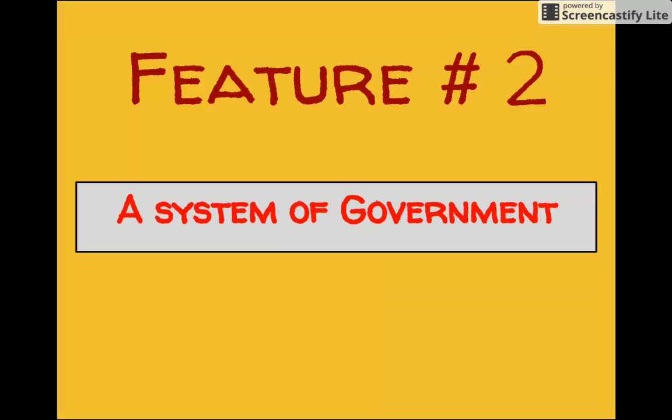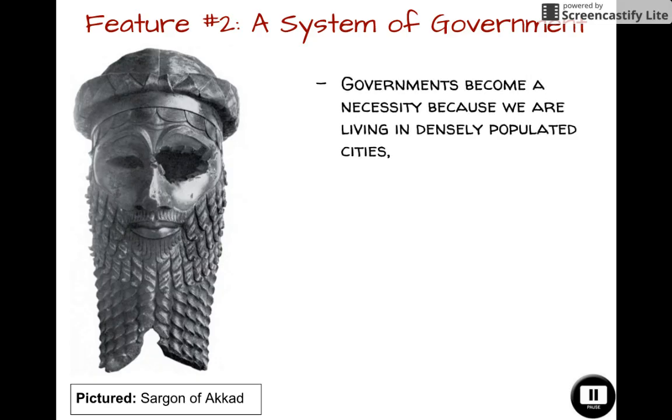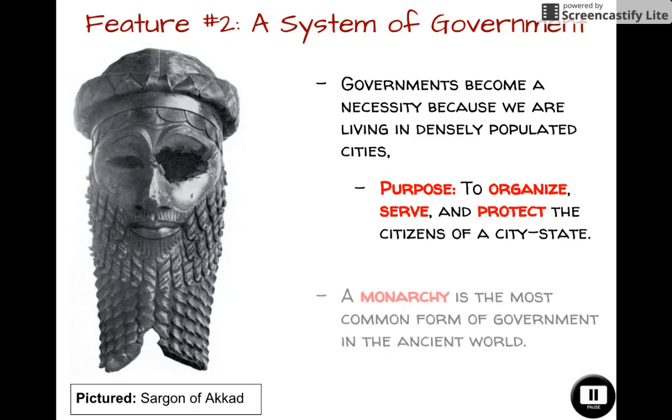So within your city state or within your region, in order to start calling you a civilization, you need to display that you have a government. A government starts to become a way of life and a necessity of life because we're living in those very tightly packed cities. The purpose of a good government is to organize, serve, and protect the citizens of the city state. And across the ancient world, whether it's China or Egypt or Mesopotamia, the most common form of government will be a monarchy. So we'll see a king and, in some rare cases, a queen at the top of